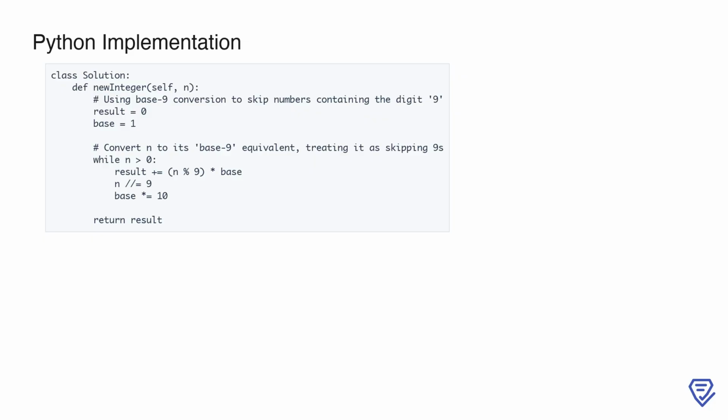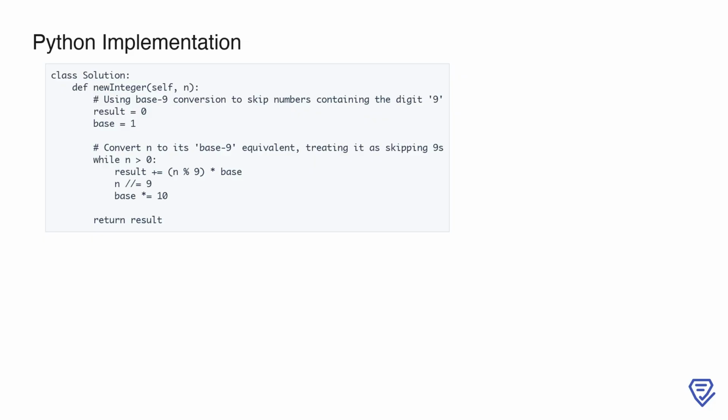Step-by-step breakdown. 1. Start with result equals 0, which will store the number corresponding to the given n in the sequence. 2. Use a variable base initialized to 1. This represents the place value in the base 9 system, e.g., ones, tens, hundreds. 3. While n is greater than 0: